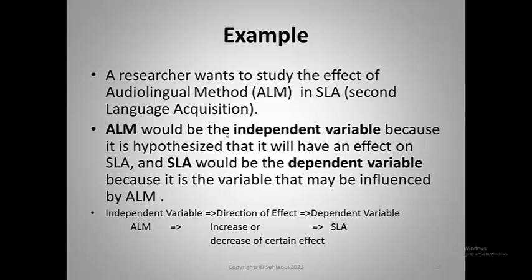And second language acquisition would be the dependent variable because it is the variable that may be influenced by ALM in this case. So ALM will be your independent variable, with the direction of the effect, whether it increases or decreases the impact, and then you have the dependent variable, which is the second language acquisition aspect that you are measuring. Okay,